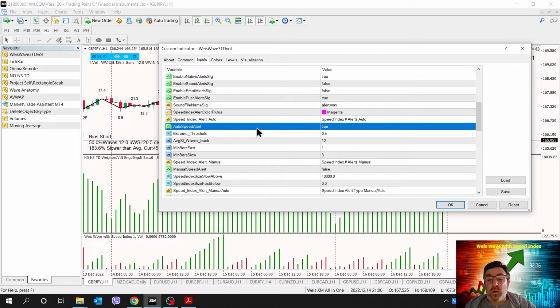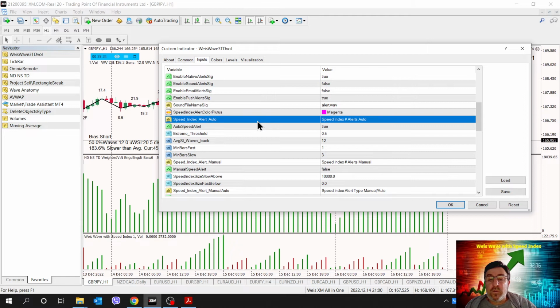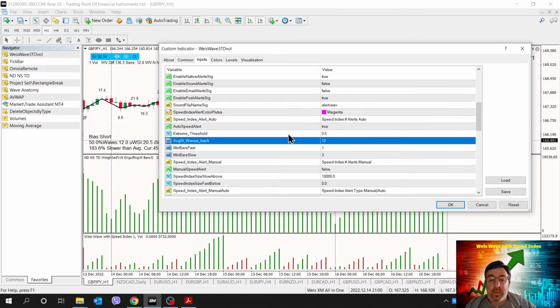Now let's talk about the auto speed alert. The auto speed alert is going to alert you on an abnormal speed index from the average. The settings are here, and this setting says how many waves to go back to take the average.